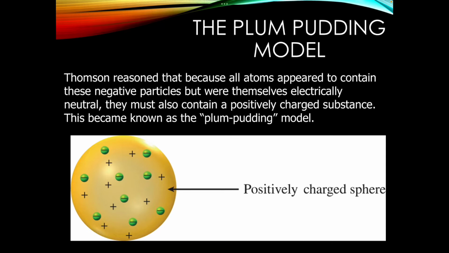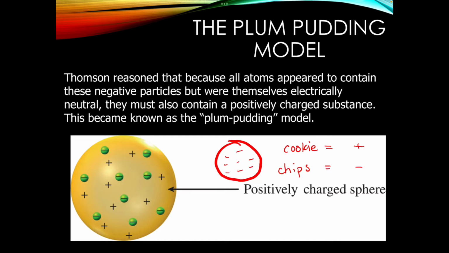And then the negatively charged stuff is kind of spread throughout, and he made those as particles because of what they knew about these beams. You can also think about it as plum pudding. We're not British, and likely no one has eaten plum pudding. It is called the plum pudding model, but you can think about it as like a chocolate chip cookie model. All of the cookie would be our positively charged stuff, and our chips would be our negatively charged stuff. So here's our chocolate chips in our chocolate chip cookie.